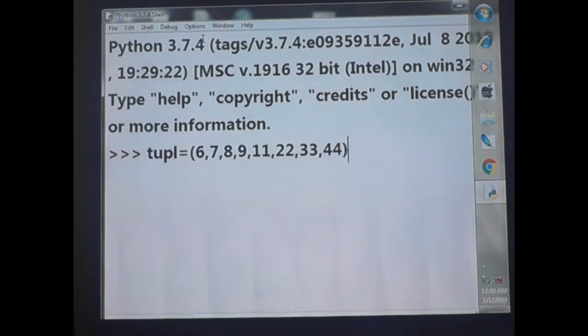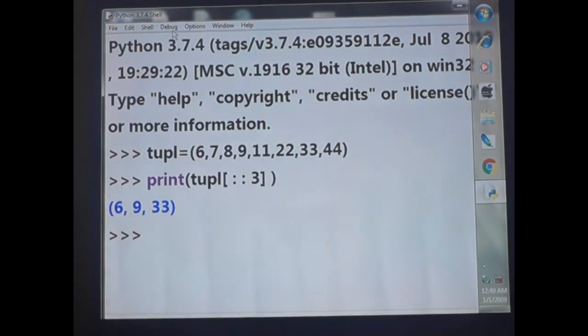Now, if I give print tuple, then square bracket, inside I am giving simply colon 3. That means what is the output? You tell me. Tell me what is the answer.